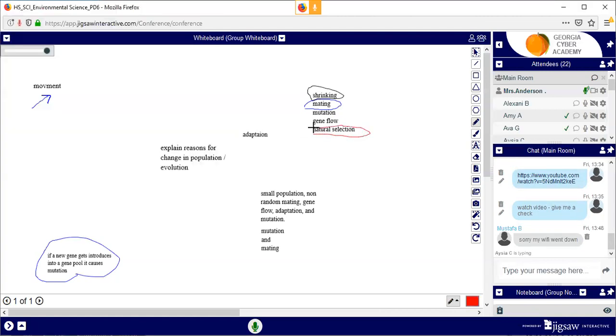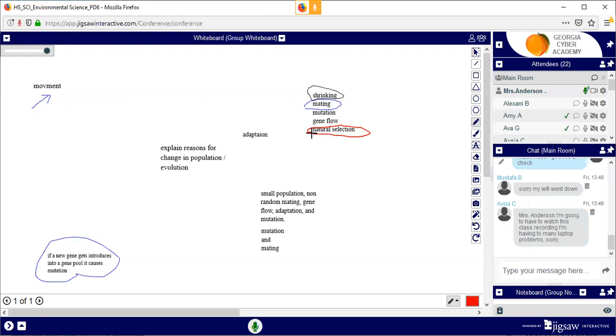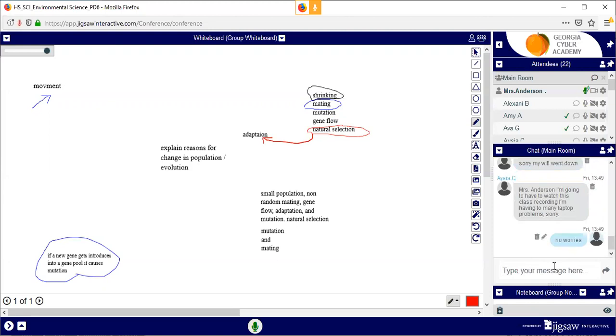Natural selection means survival of the fittest. If you're not a good fit, you're going to die out and not survive. Natural selection leads to adaptation. That's what we looked at in the lab this week. Okay, the birds who had a beak built for survival or who could adapt and figure out a new way to eat that food, they're going to adapt, they're going to survive.